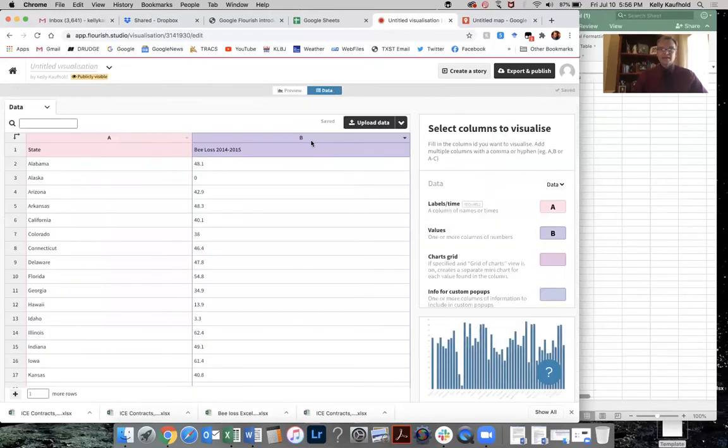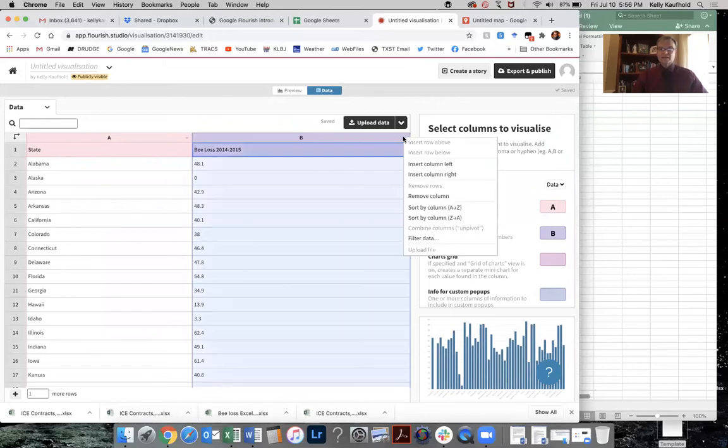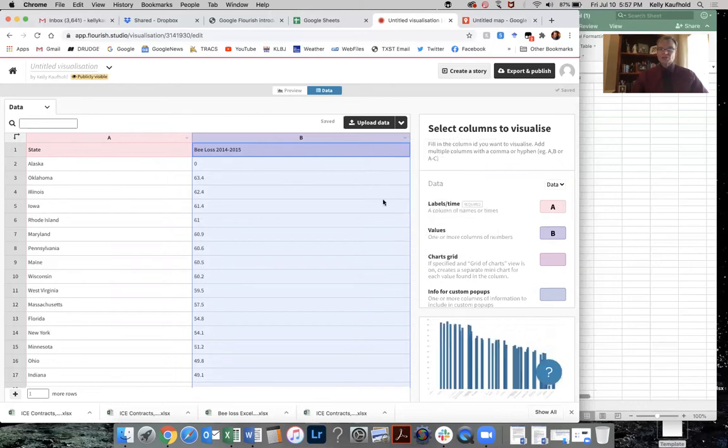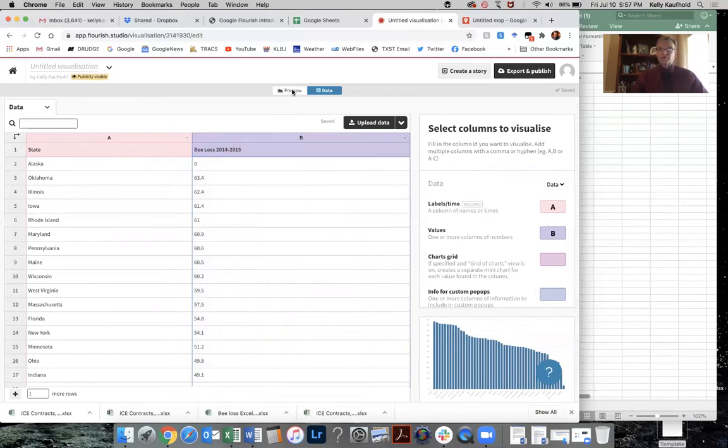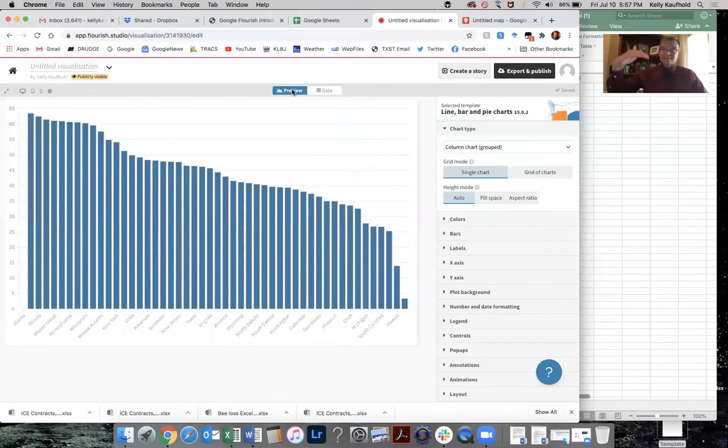I can go to data, and on this column B, I'm just going to click this pull down, and I want to sort Z to A, which is largest to smallest, with the exception of Alaska had no BLOS. You saw it change in the preview. If I click preview up here, there's our descending bar chart from that data set. Now, the neat thing about this is I can then export and publish up here, and it'll let me get a link or even an embed code, so I can put this in a page in my website